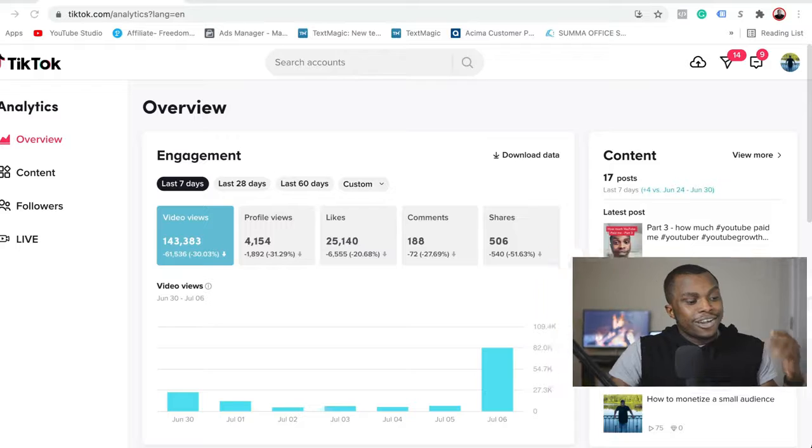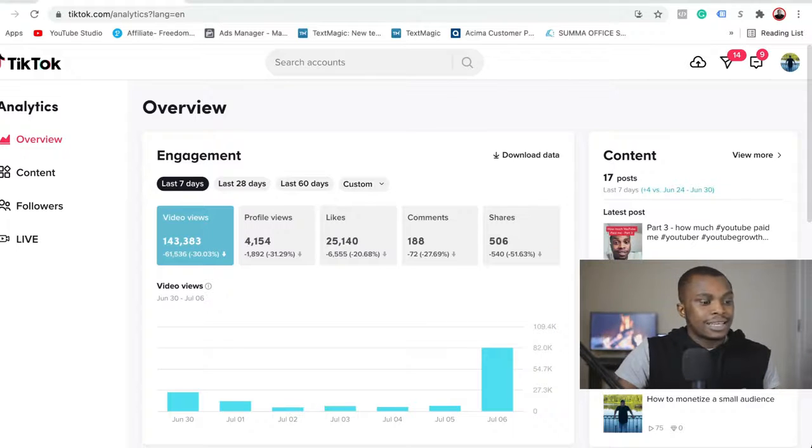All right, so we are here inside of my computer. This is exactly what my TikTok analytics look like. As you can see, I'm inside of my TikTok right now, and I'm going to show you exactly what it's been like in the last 7 days, 28 days, 60 days, and beyond. And honestly, I haven't been on TikTok for more than 60 days anyway. So what you're seeing right here is my analytics, and in the last 7 days alone, I've been able to generate about 143,000 views. And out of those 143,000 views, about 4,154 of those visited my profile,